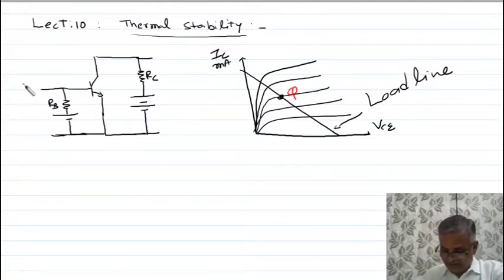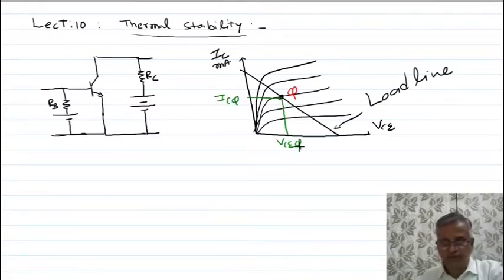It means when the AC signal is not applied, then this much value of the collector current is flowing, or this much value of the collector-emitter voltage is developed between the collector and emitter of the transistor. Q point specifies how much collector current is flowing and what is the collector-emitter voltage when the AC signal is not applied. This is the DC condition. Remember, I have not applied any AC input signal. Listen.